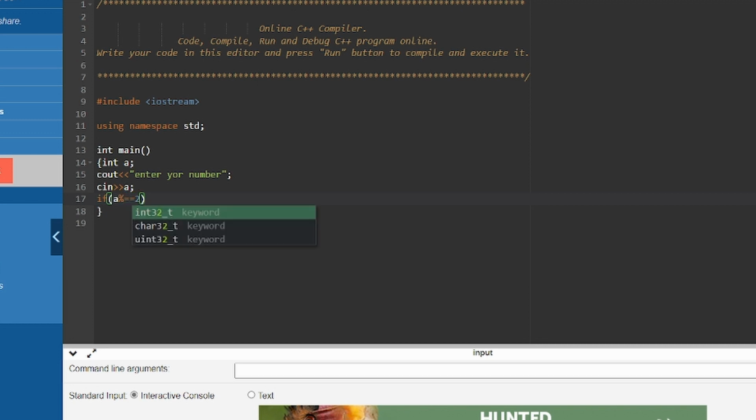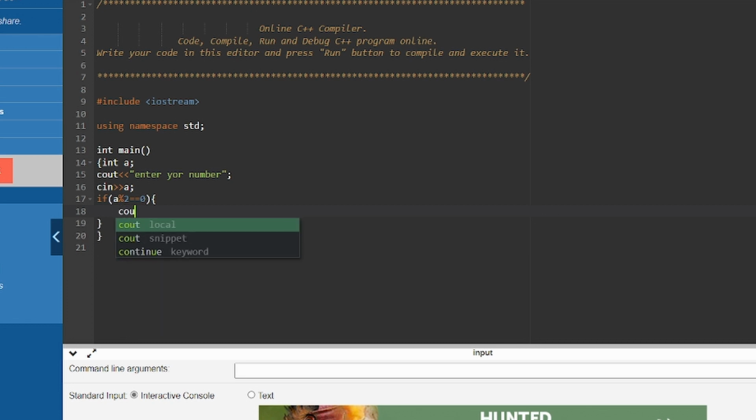If a remainder 2 is equals to 0. As you can see, if your number gets divided by 2 and you get the remainder 0, it will show me your number is even. Else, if it does not show 0, what it will show me is that